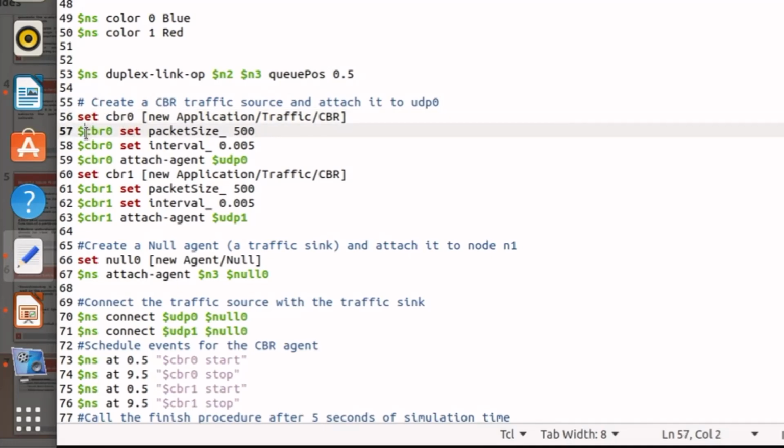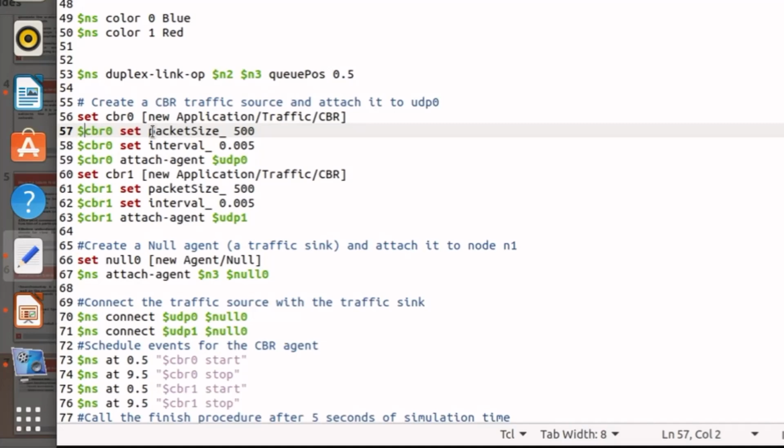There are several properties of the constant bitrate traffic model. What is the size of the packet? After what interval will it create another packet? Since it is constant bitrate, it will constantly generate packets after a particular interval.